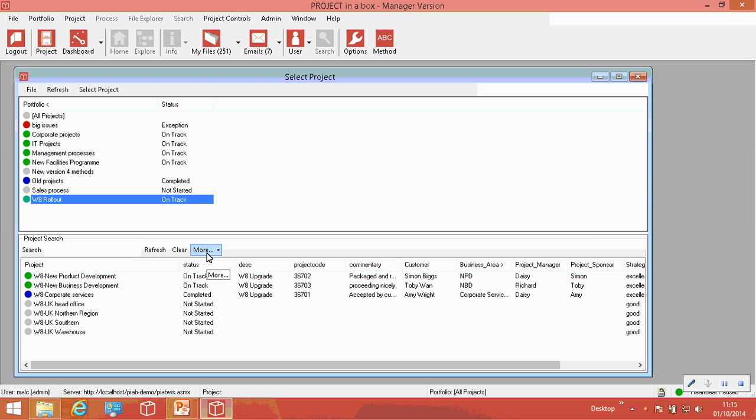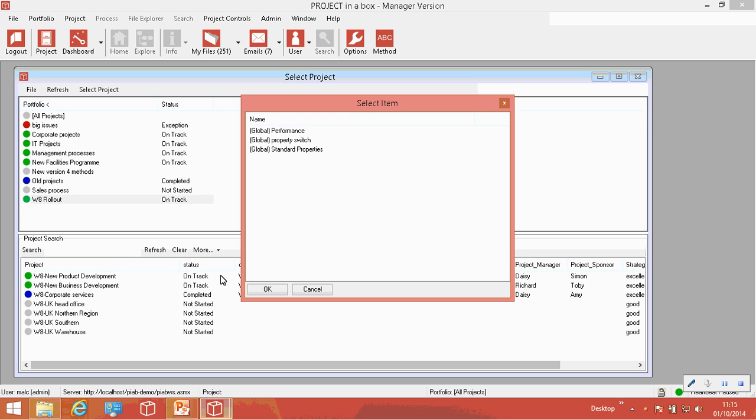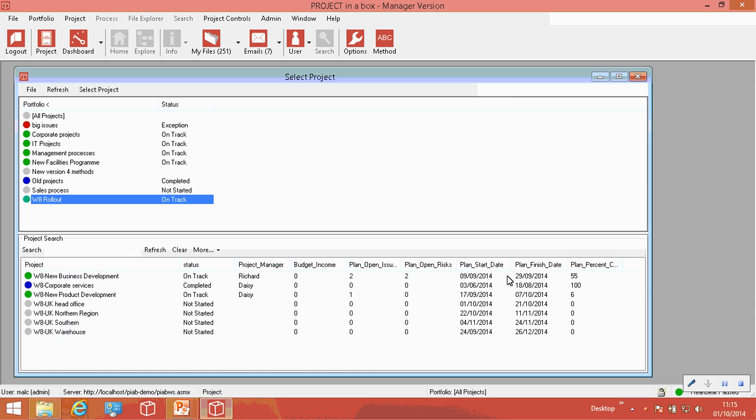Now we've been using the term view for a while in association with task, risk, issue and resource management, analyses and reporting, etc. Exactly the same sort of concept brought across here. So you can have some pre-saved definitions of the information set you want to work with. So I'm currently using a view which I think is standard properties. I've got another view here called performance, which I can switch to, and it switches to show me a different